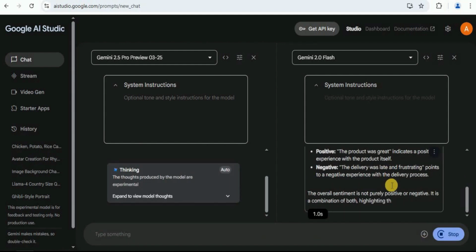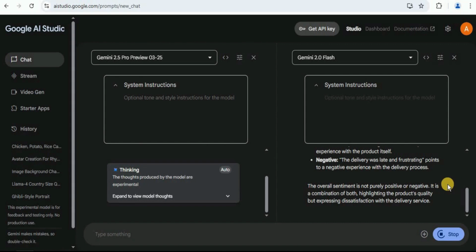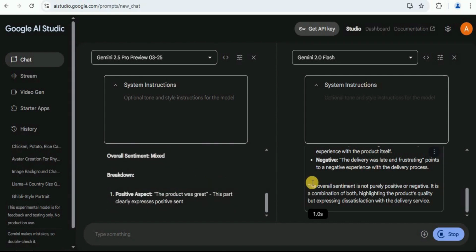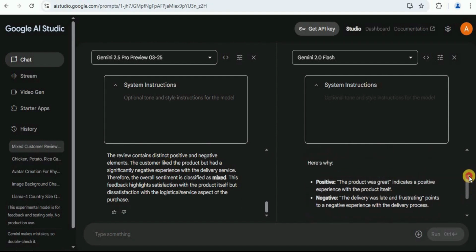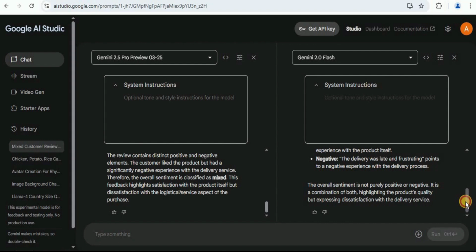You can see that Gemini 2.0 Flash is insanely fast and has provided us the response, whereas Gemini 2.5 is still thinking. The response generated by both of these models is about the same, but if we see the length of the response, we can clearly see that Gemini 2.5 Pro provided a brief and concise answer, whereas the response of Gemini 2.0 Flash is really long and extensive. But in terms of speed, Gemini 2.0 Flash was insanely fast and provided the response while Gemini 2.5 Pro was still thinking. In this way, you can use the compare mode inside the chat window to compare the performance of two different models provided by Google.